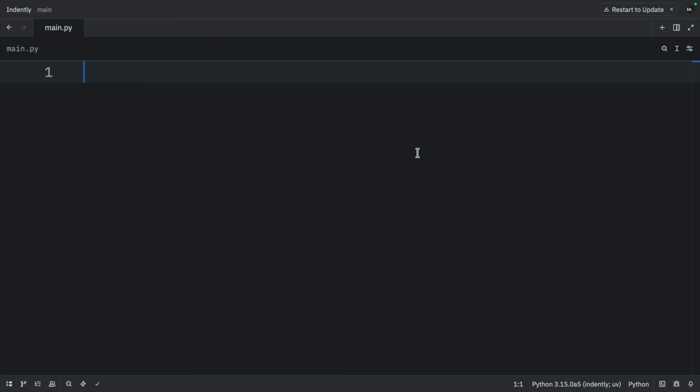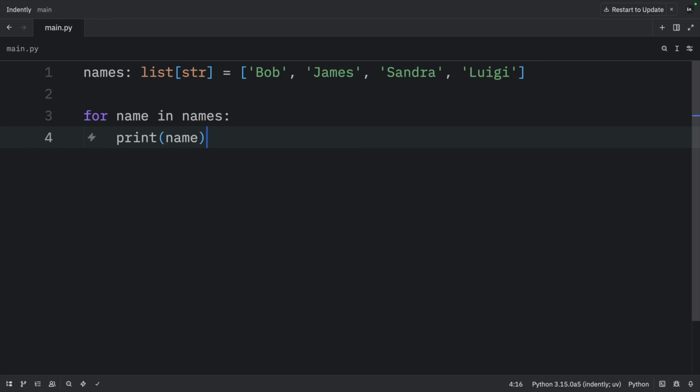Tip number 10, looping with an else clause. For this example, we have some names, and what we're going to do is print each name. And finally, we're going to provide the else clause,